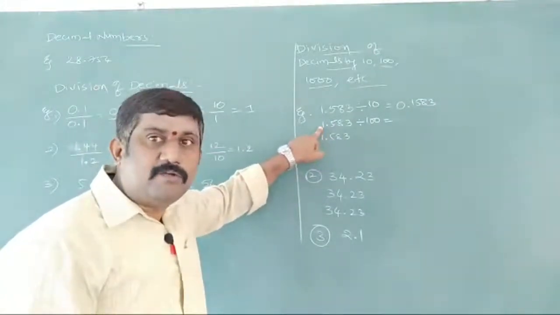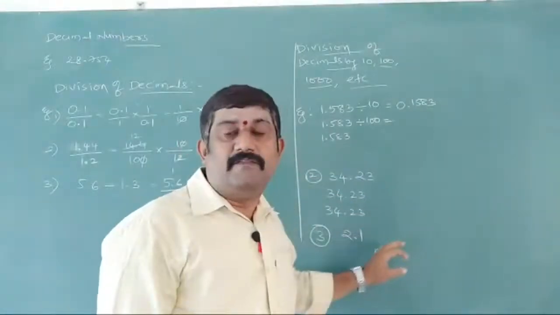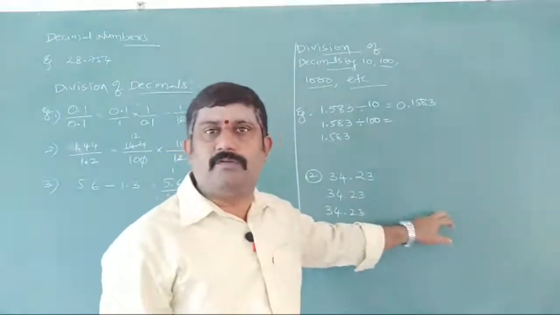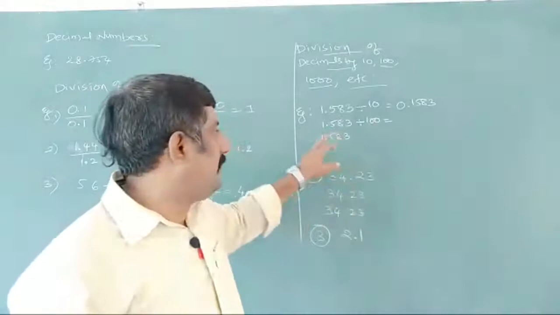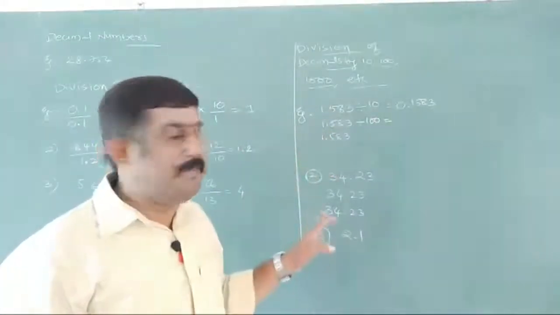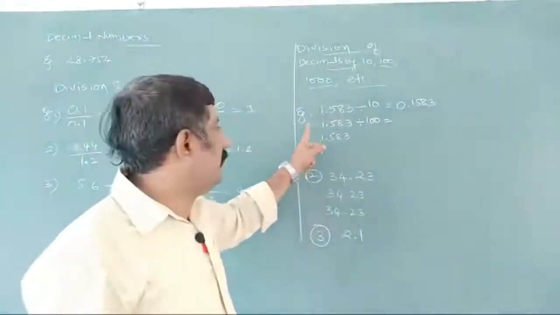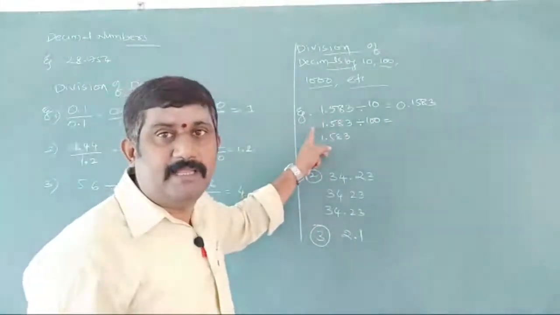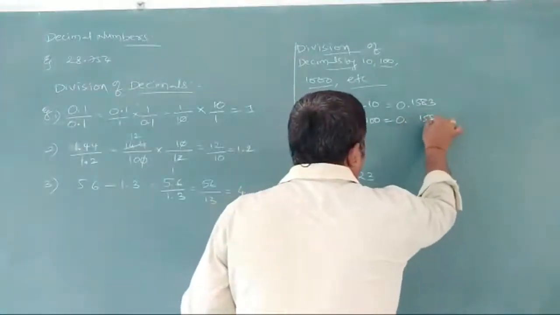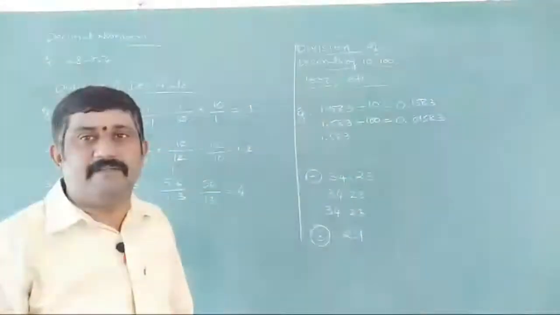We need a second digit also. For the second digit, what are you going to keep? Instead of in multiplication we told, if the number of digits are not sufficient, then keep a 0 here. Here also the same way. Whenever the number of digits are not sufficient, then keep zeros as many as we require. For 2 zeros we need 2 digits. For that only one digit we have, so keep another 0 here. It is actually 1583, but I am keeping 1 zero here. So 0.01583 we are getting.